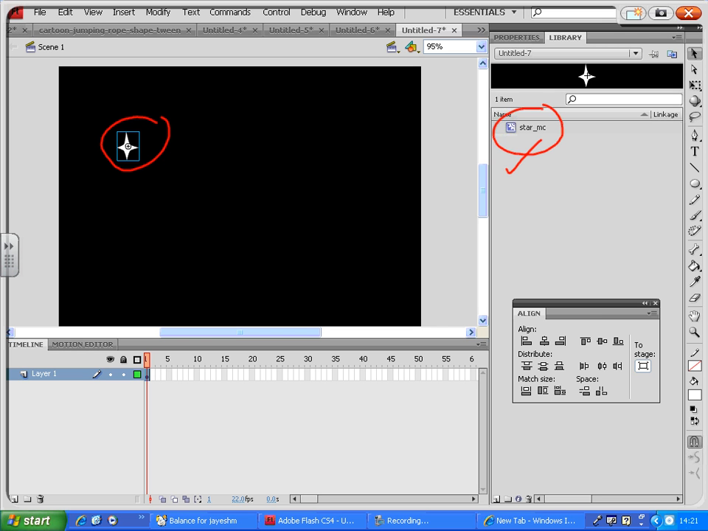Now it doesn't look like a shape. It has a blue outline around it. Now that outline indicates it's a group now. Okay. Now with this symbol conversion,